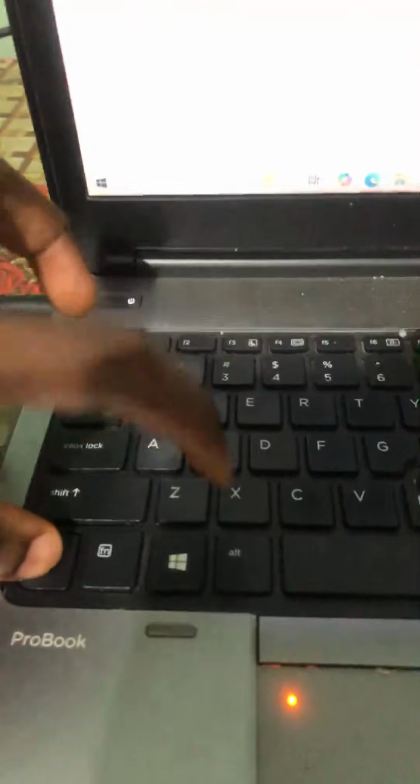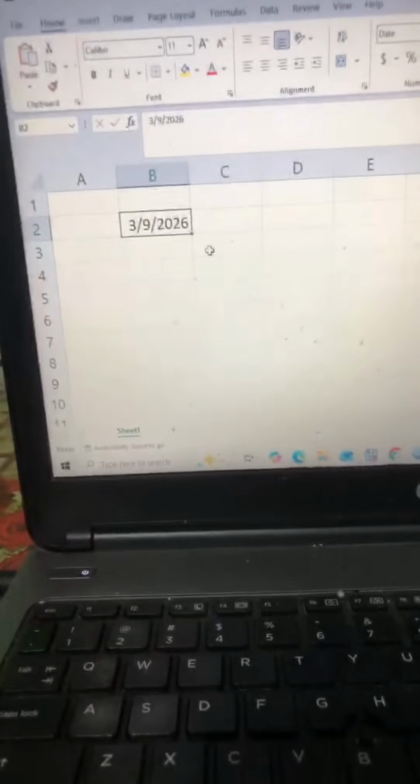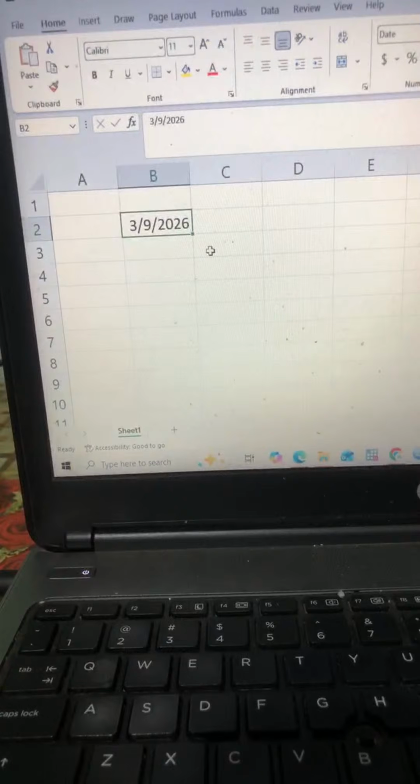I press Control plus Z. You see that it has undo. If I want to redo, if I want it to come back the way it was, I'll just press Control plus Y. If I press Control plus Y, it will come back to that form. If I want to undo it back, I'll just do Control plus Z. It goes back to how it was initially. I hope you are following. Good. Now,